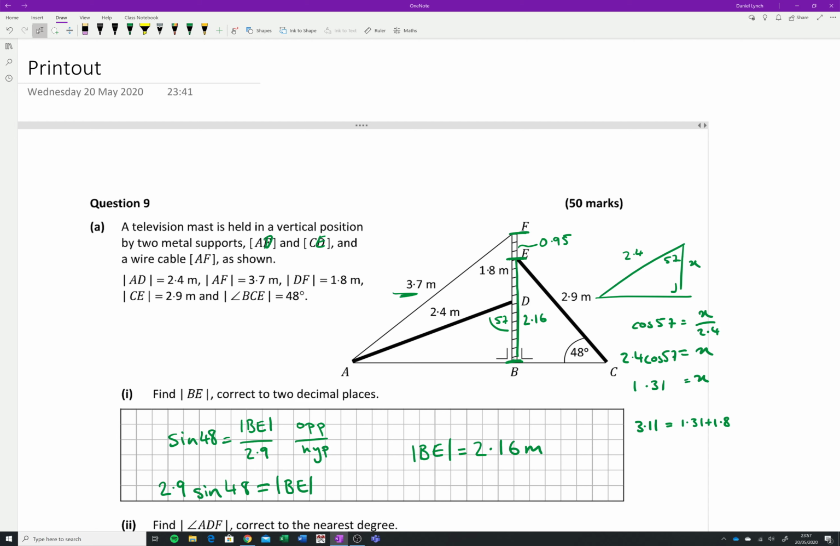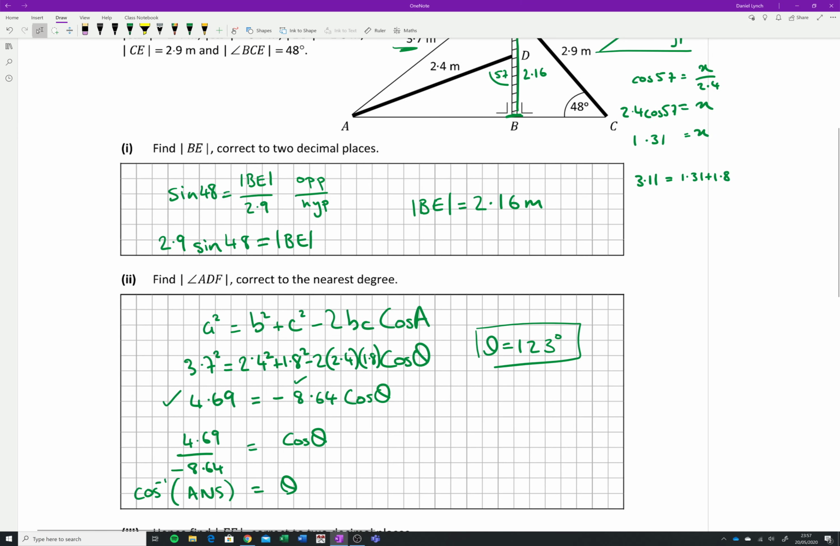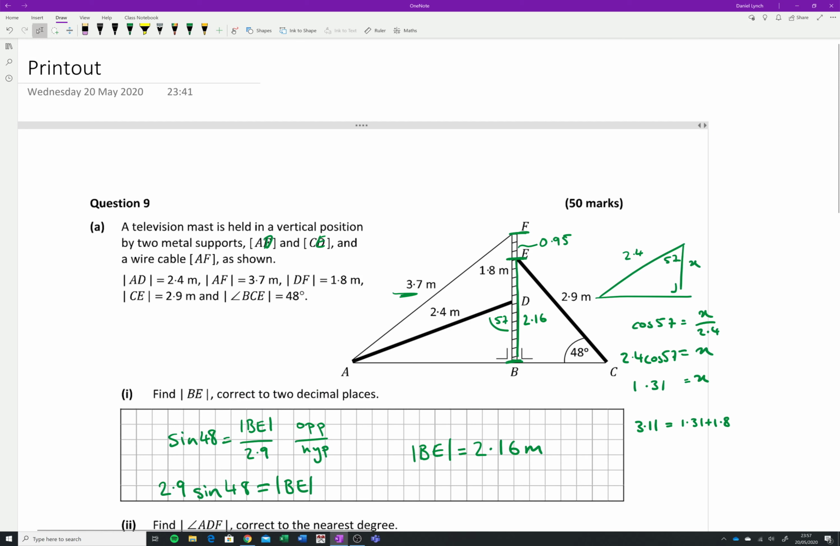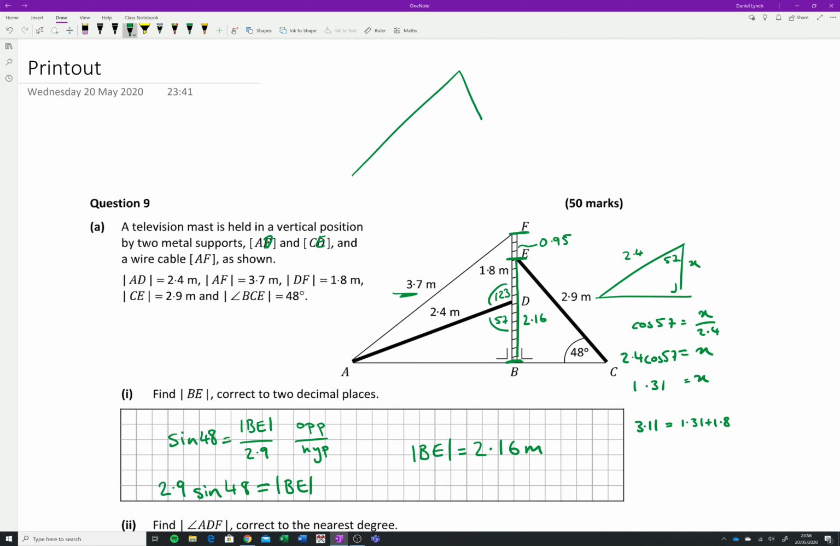You had to first of all use just right angle triangle, sine, cos, tan. Nice and simple. Next thing that you had to do is see that there were three sides and you needed to get the angle, which turns out to be 123. And the only way to do that is the cosine rule. Okay, the reason that you can't use the sine rule, just since we're doing a bit of revision here,